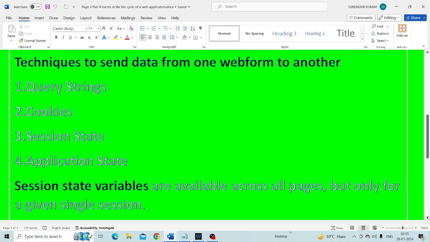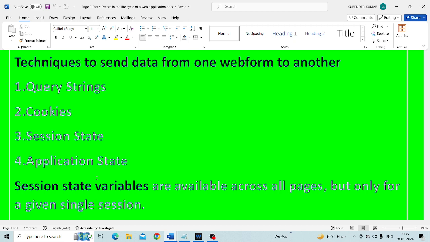We can make use of query string, cookies, session state, and application state. We will be talking about query strings and cookies in a later session. In this session, we will concentrate upon session state and application state